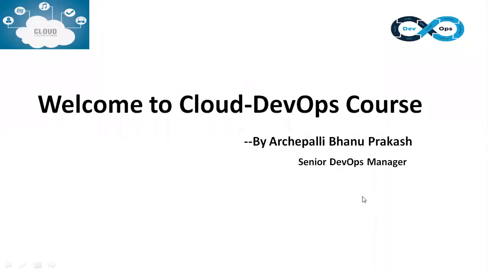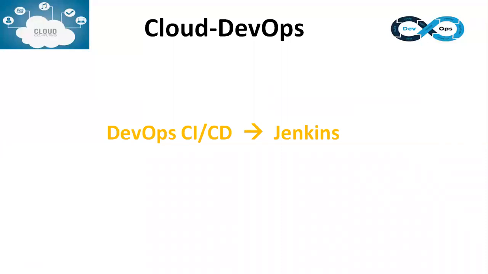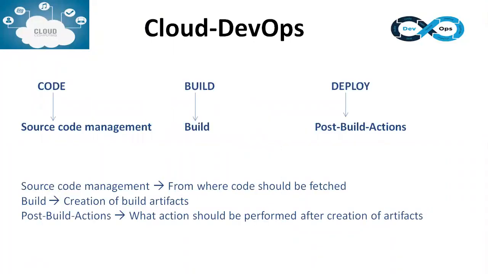Today we are going to discuss Jenkins, and how we can implement the DevOps lifecycle using a freestyle job and a Maven job. Other types of jobs we will see in the next session. From day one I have been saying the DevOps lifecycle has three main components: code, build, and deploy. So let's see how we can implement that in Jenkins.